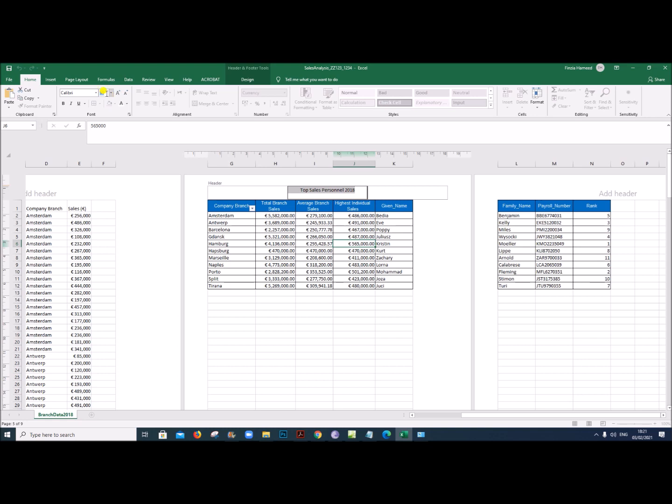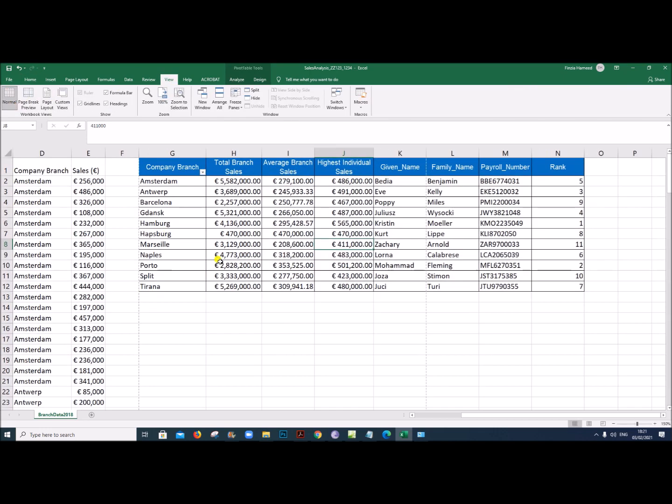So it must be 14, serif font, so Times New Roman, and it must be bold. Come back to the normal view.